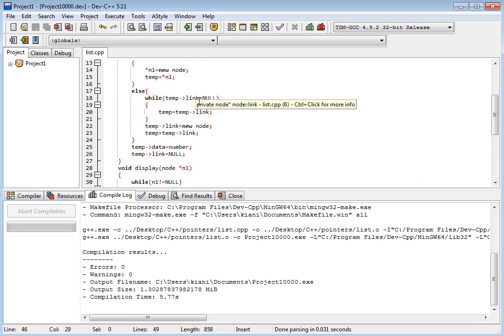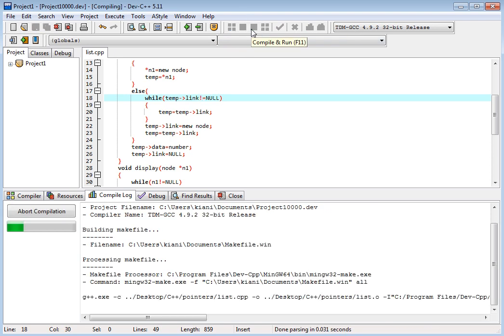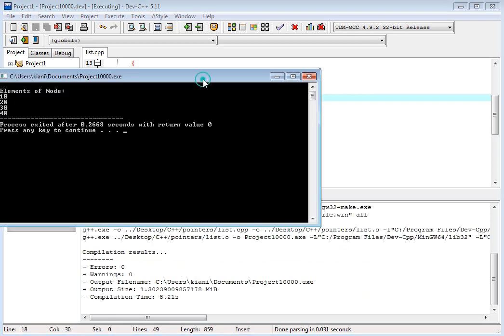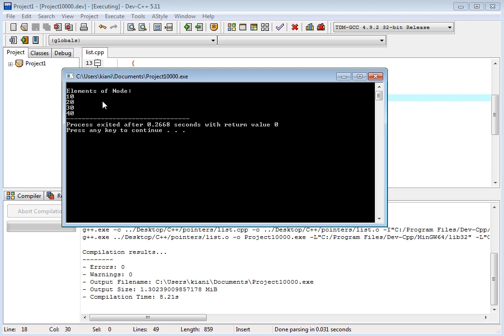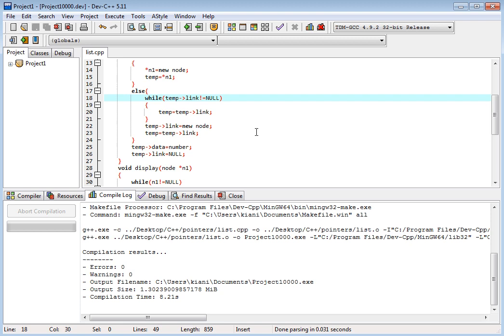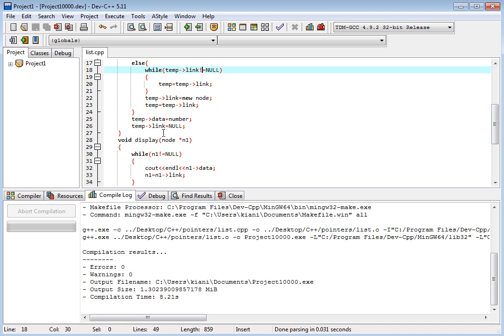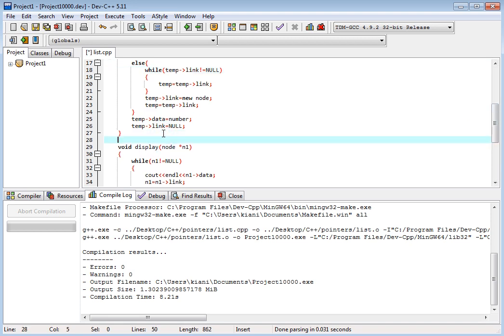Why? This is not equal to, so this is not equal to null, right?